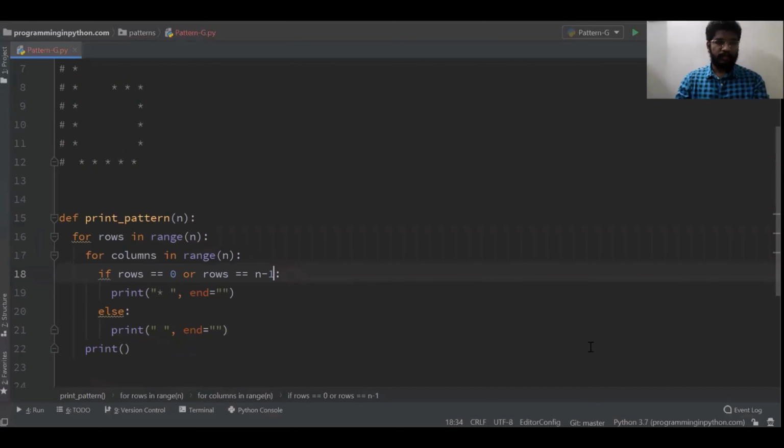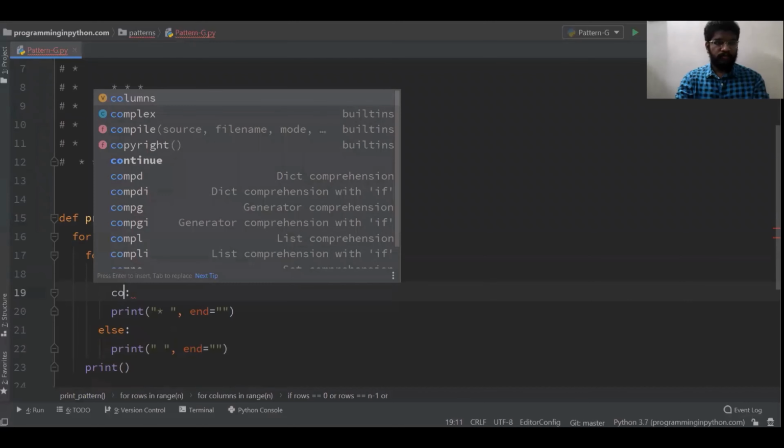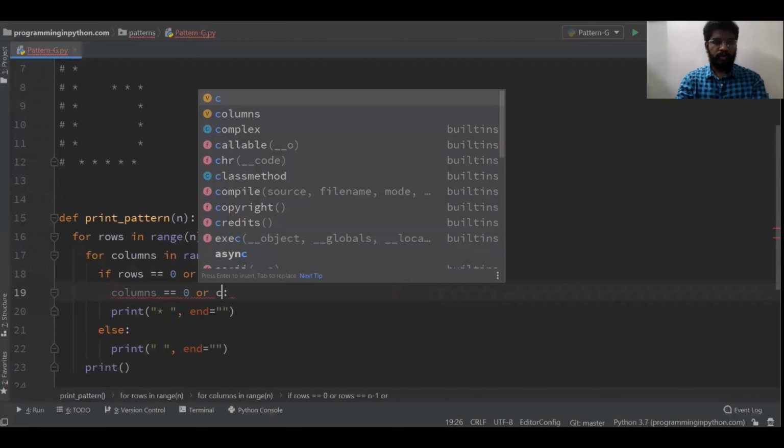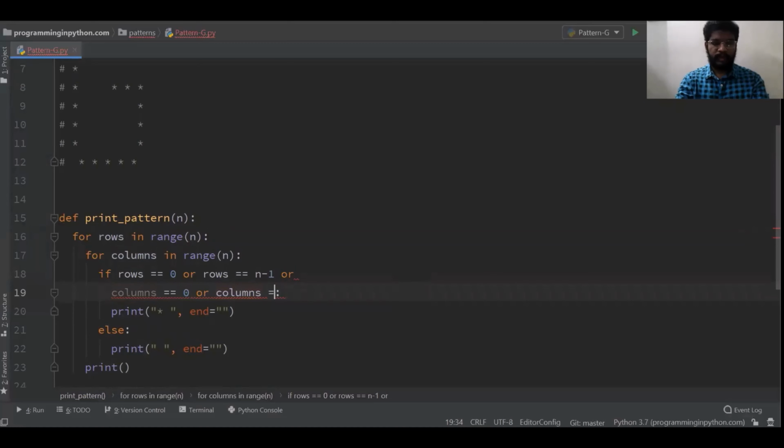Next we'll print the columns, or columns equal to 0, or columns equal to n minus 1. This is also the same because we are taking rows and columns as the same.